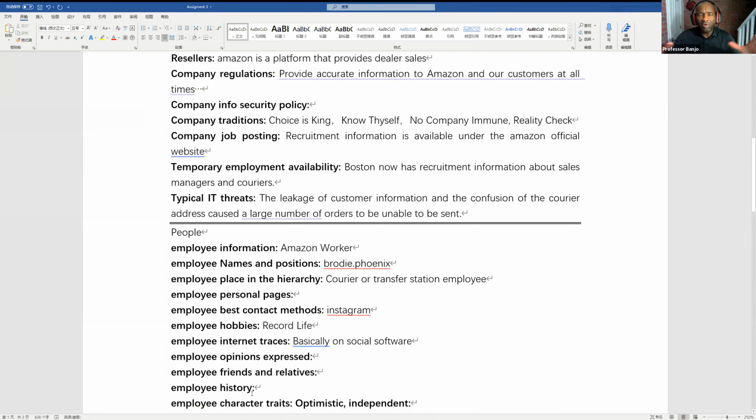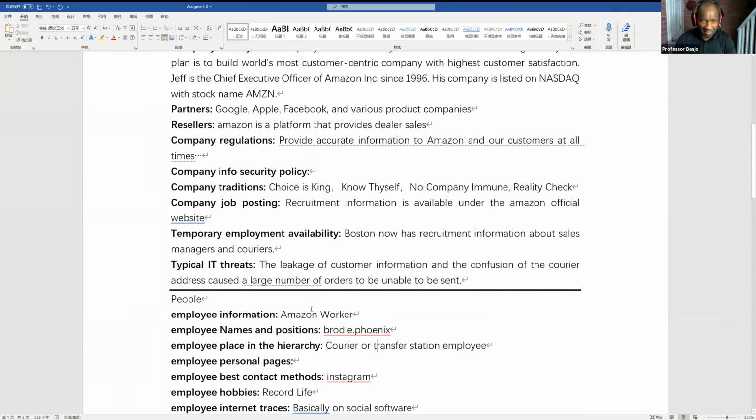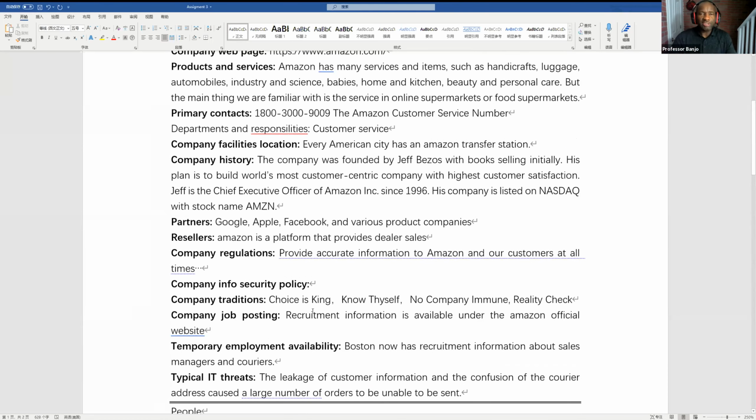So wait a minute, Lane. Are you saying that of all the companies in the world, there's no other company except Amazon that was your choice for this project? I mean, it's totally up to you, but I'm just thinking there's got to be a lot of companies out there, right? So why did you just stick with Amazon, which everybody knows about? Why didn't you try to be more unique? Anyway, continue. Just keep going.